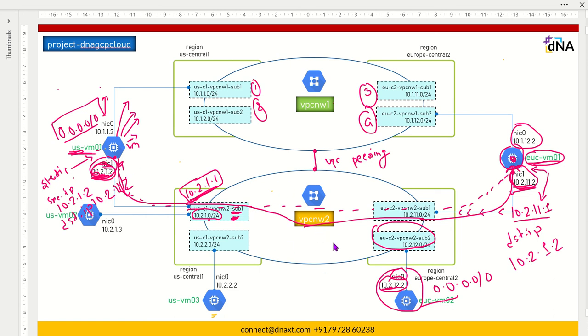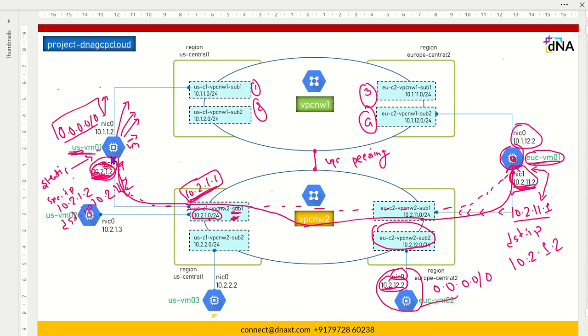So within the same VPC, we do not require any routing. By default, all routes are exchanged between the regions. That is the reason we are able to ping the Europe subnet 2 IP address from US VM1 having the